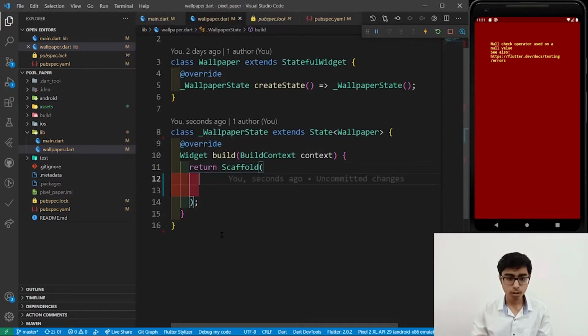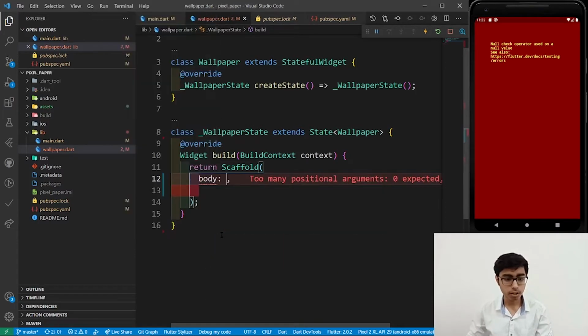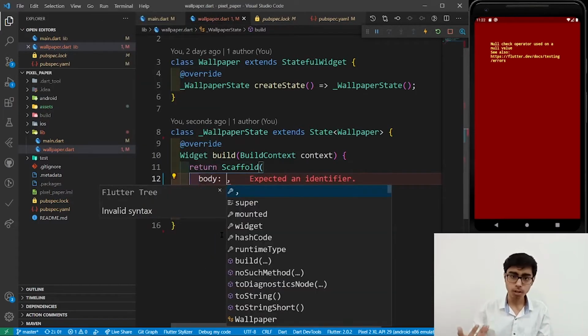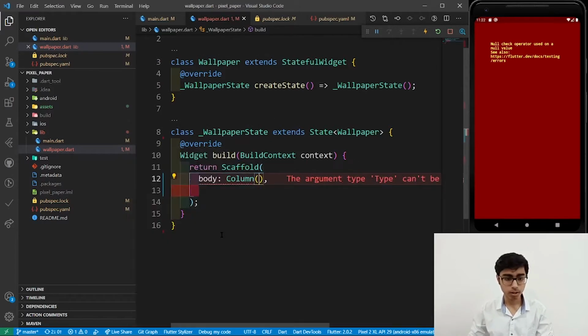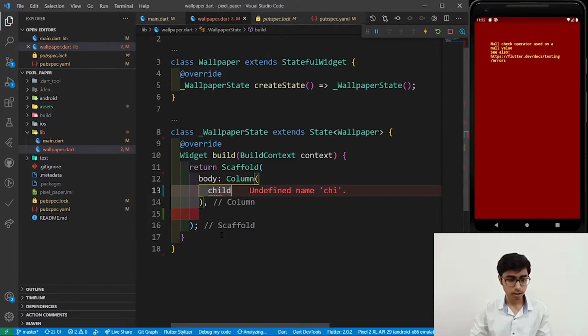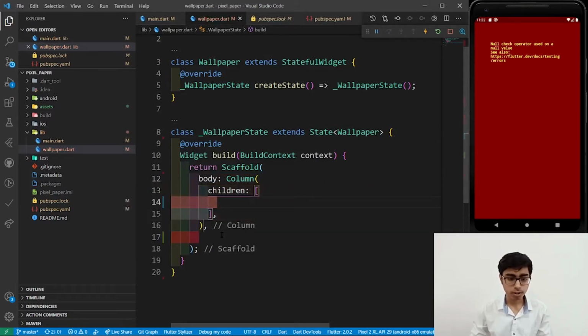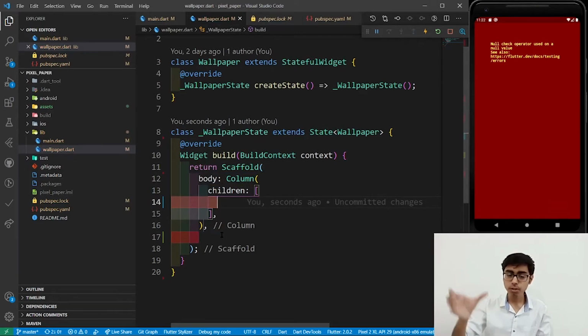Over here we are not interested in making the app bar, so we don't have to write the app bar. And define a body, and in the body I'm going to define a column. Why column? Because I want two things. First is the grid view, and second is the bottom button, that is the load more button, right? So make a column, write its children. And in the children, I want to define an expanded container. Why expanded? Because that grid view is going to take the complete available part of the screen, right? And that load more button is only going to take that 60 pixel height or 50 pixel height, right?